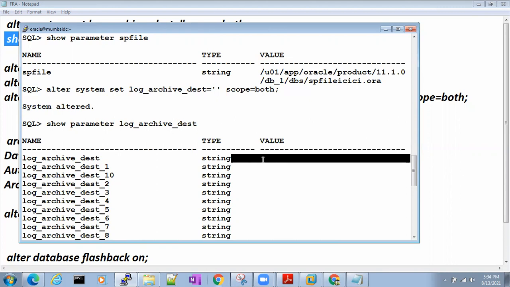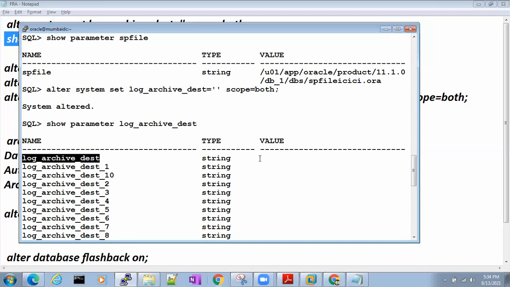Archive logs will be generated or flashback logs will be generated? If I give the log archive destination, in that destination, only archive logs will be generated.